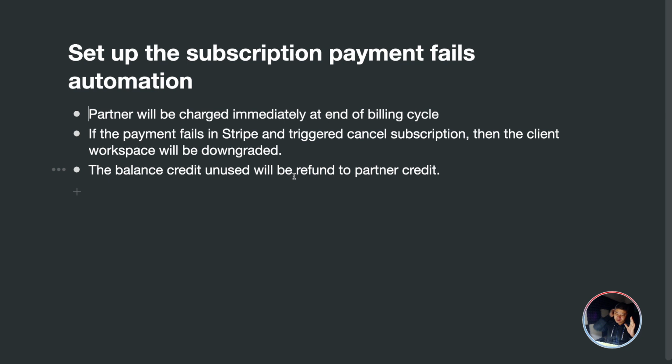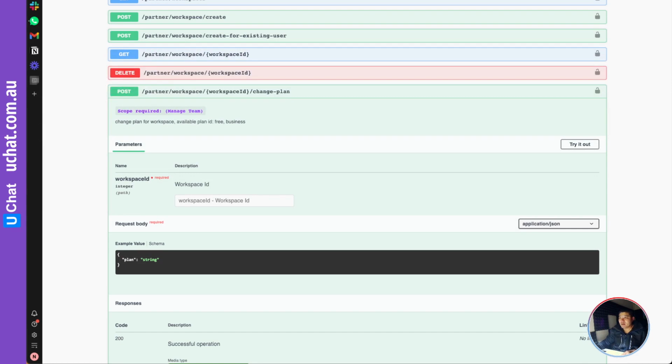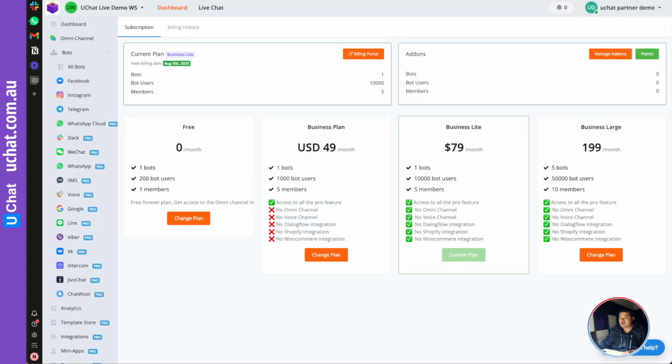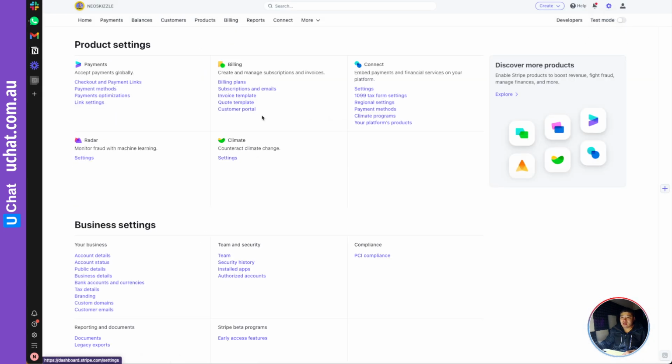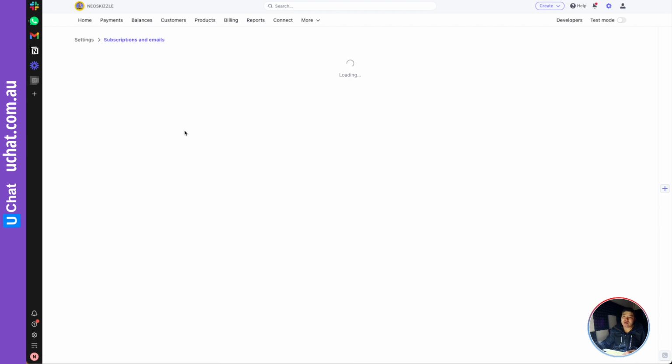Okay, so there is the subscription failed payment. I want you to be 100% sure that we are not handling payment failure, a failed payment. We only handle the automation if the subscription is cancelled. Okay, so that is a setting in your Stripe account. If you go to your Stripe account, and let me show you, go to the settings, and then go to subscriptions and emails, and there is